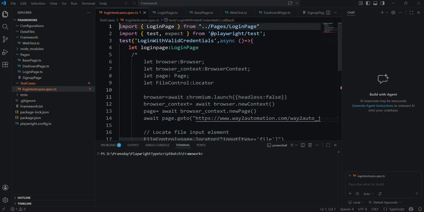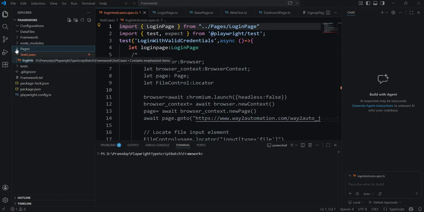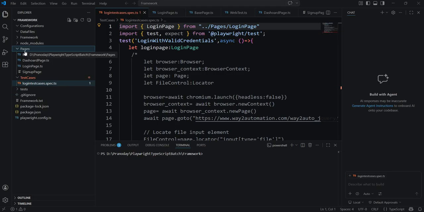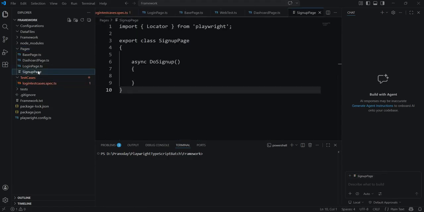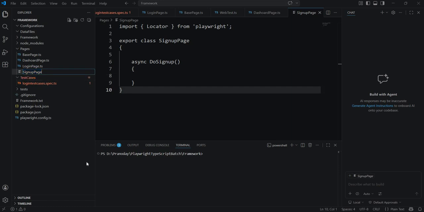Okay, so in our framework, what we have done so far is we have created three main layers: a test case layer which deals with test cases, and a page layer which deals with page object implementations. Basically, page object implementations have these four files that we have created so far, and these four files are